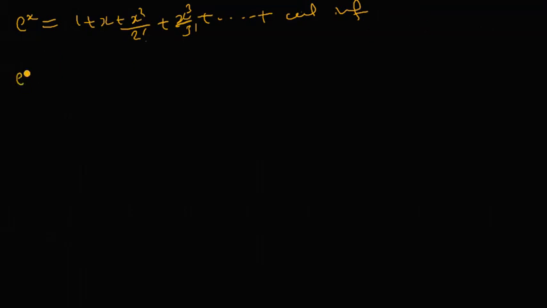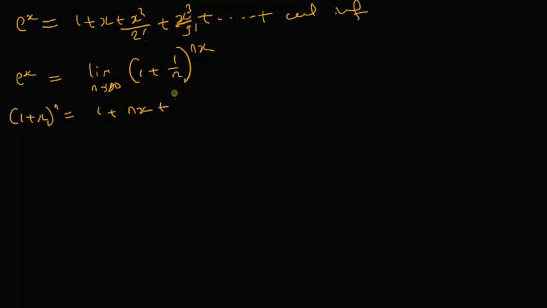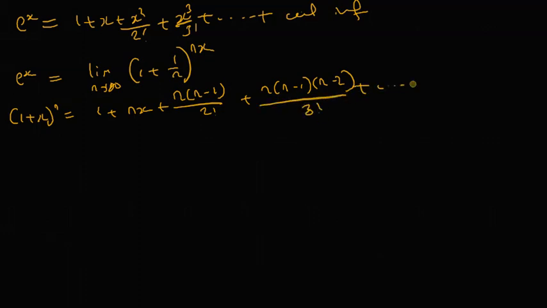Now e to the x actually is equal to the limit as n goes to infinity of 1 plus 1 over n all to the power of nx. So in this case n is being replaced by nx. Now obviously by the binomial theorem we know that 1 plus x to the power of n is 1 plus nx plus n minus 1 over 2 factorial plus n minus 1, n minus 2 over 3 factorial, and we continue in that fashion. So in this case, 1 plus 1 over n to the power of nx